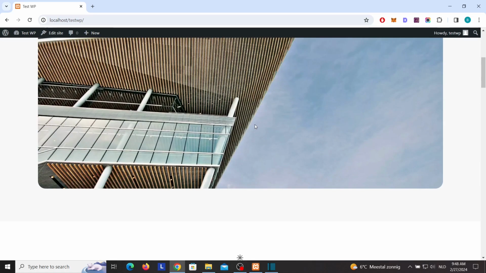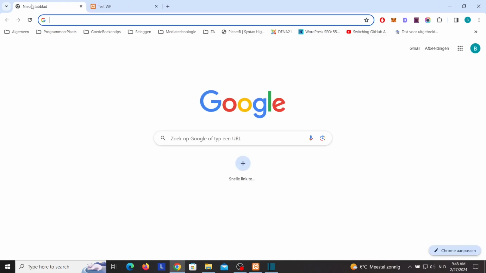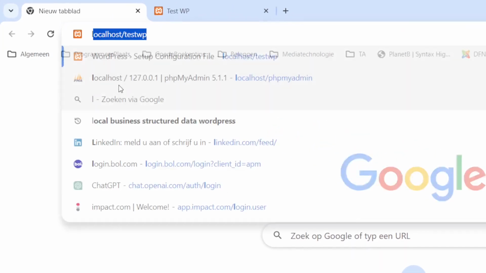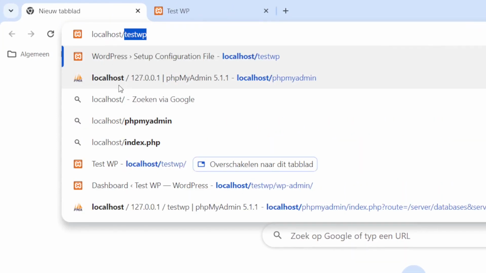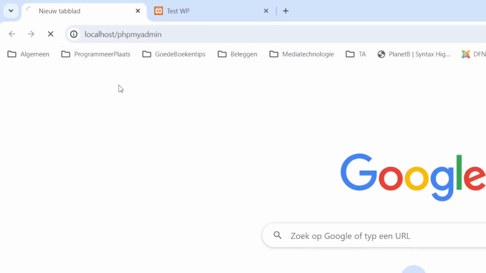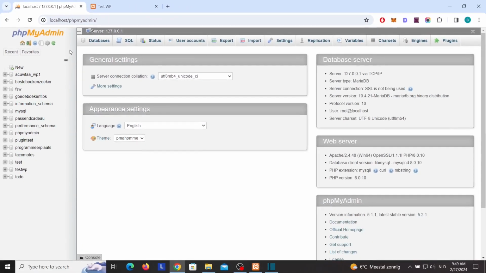How great is that? But the last thing, how can you create multiple WordPress websites on localhost? Let's find out. It's not hard. To do that, you need to follow the same steps. You can go to localhost/phpMyAdmin, just like we did before, and you can create here a new database when you want to create a new WordPress website on localhost. You know already now how that works. Then you also need to create a new folder in the htdocs folder in the XAMPP.